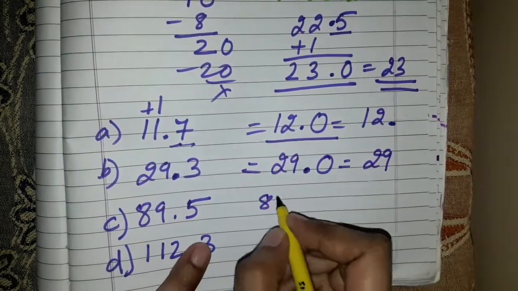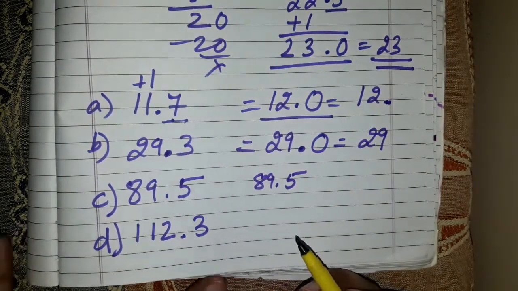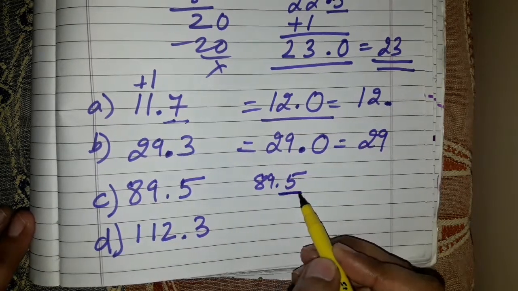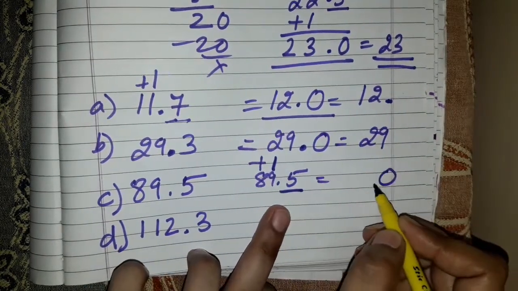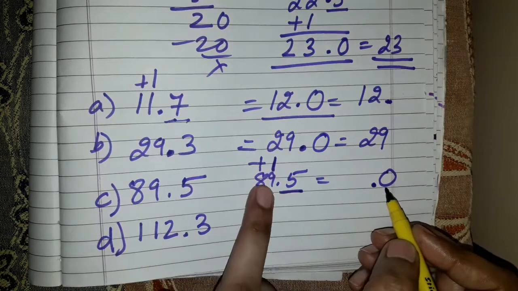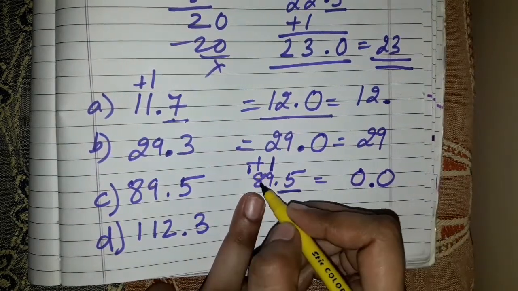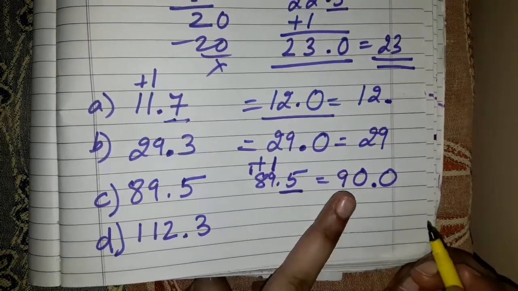89.5. Okay, we are going to apply the second rule of rounding off. If the digit is 5 or more than 5, it gives plus 1 to the digit on the place value. So it is 5, so it will give plus 1 here, and itself will become 0. And 9 plus 1 will give you 10. So 1 will go here, 8 plus 1, 9. Or we can directly do 89 plus 1 equals 90.